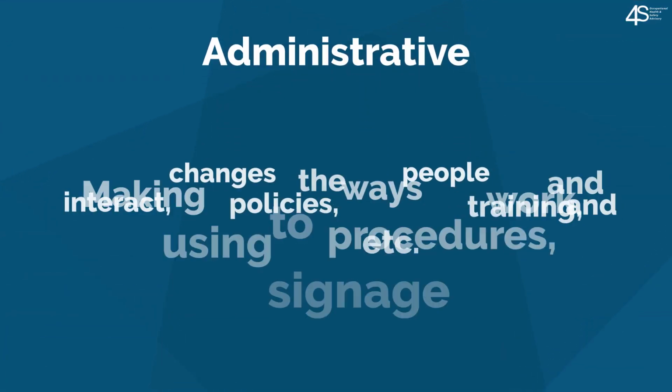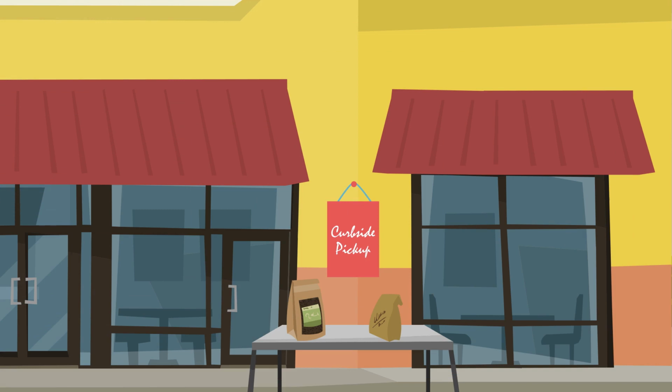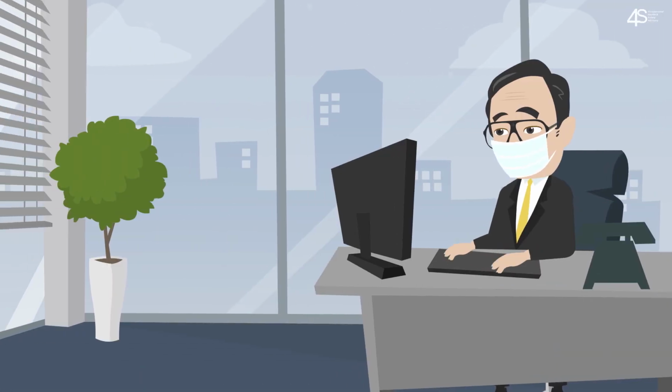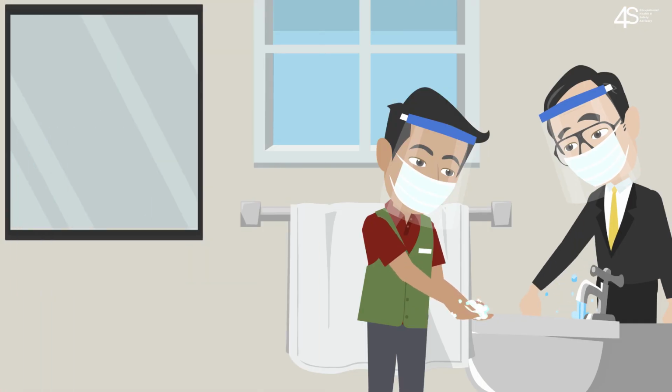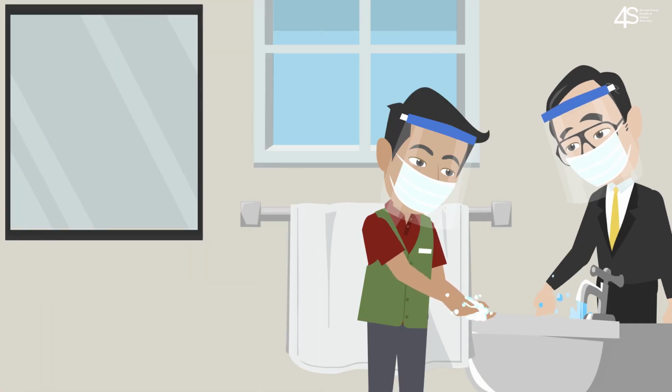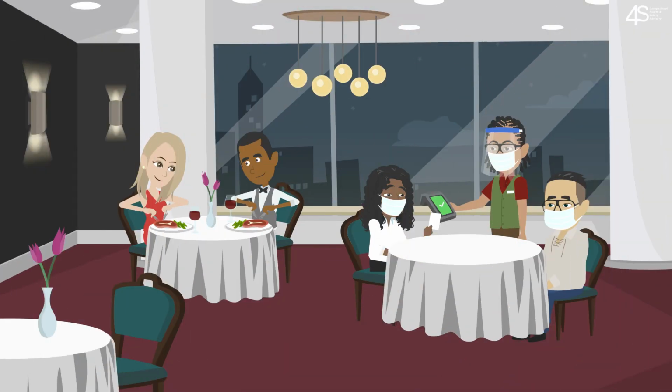Administrative controls refer to making changes to the ways that people work and interact, using policies, procedures, training, and signage. To establish these, you can establish contactless curbside pickup, create policies to limit the number of people in a space at one time, establish new cleaning and disinfection protocols, provide education and training on proper hand washing techniques, set up a screening process, maintain a safe distance while handling goods and taking payment, minimize or eliminate handling of cash, and